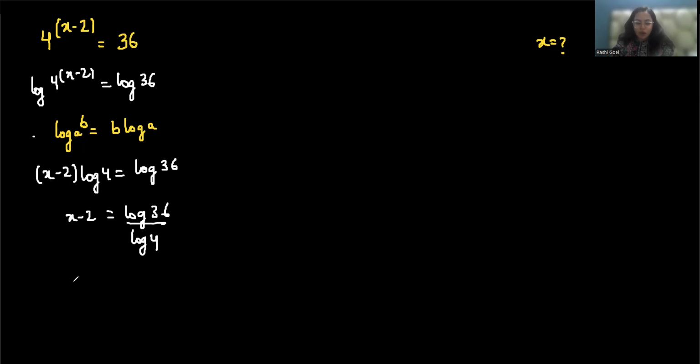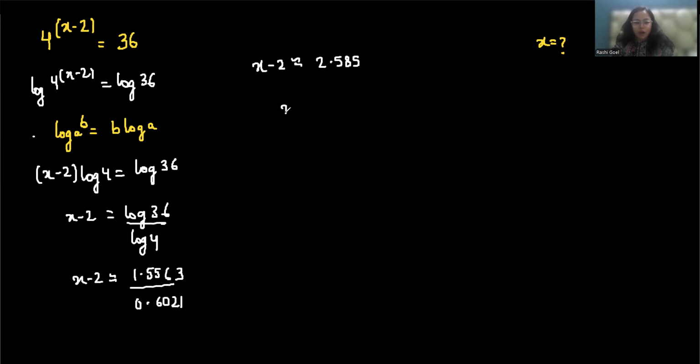put the value. So x minus 2 is equals to approximately log 36 is 1.5563. You can check in calculator, and log 4 is approximately 0.6021. So x minus 2 is approximately 1.5563 divided by 0.6021 is